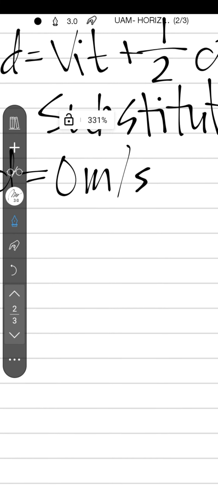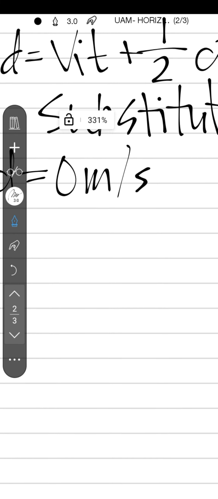Now we're gonna add that to 1/2. Then we are going to multiply it to our acceleration, which is 2 meters per second squared. Now, last, we are gonna multiply it to our time, which is 6 seconds. And close parenthesis, put squared on top. Okay, now after that, we are gonna